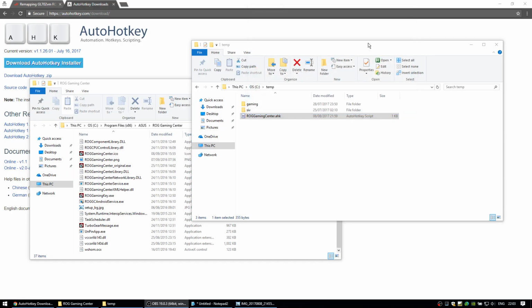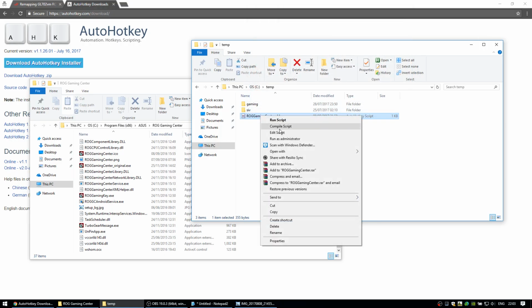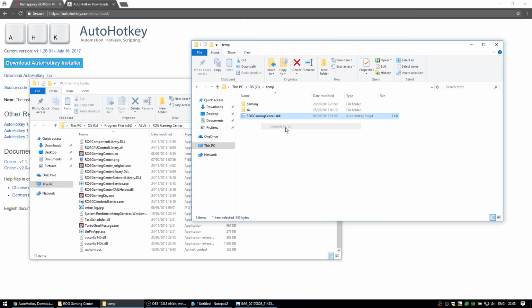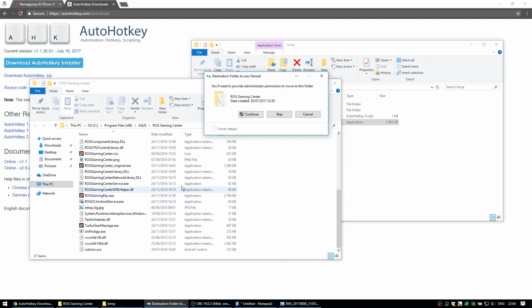So there we go. Then right click on that text file which you've now saved, which as I say should have that content in it now, and go compile script. And you should end up with an executable file called RogGamingCenter.exe, which we need to put in the ROG Gaming Center folder. So click and drag and move it to the ROG Gaming Center folder,